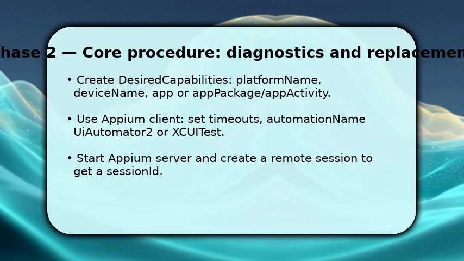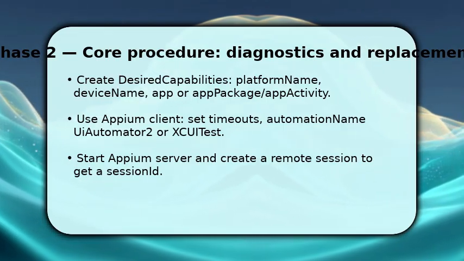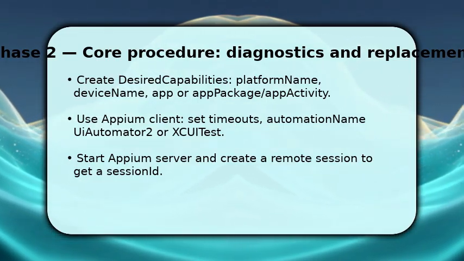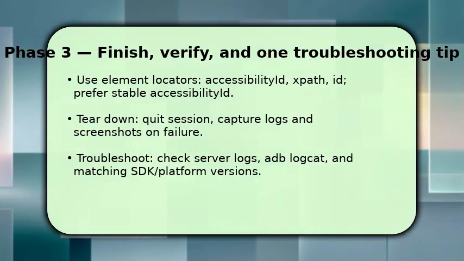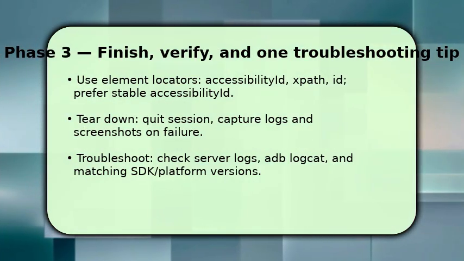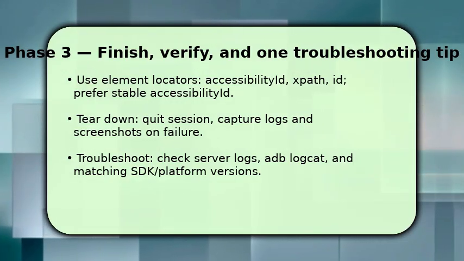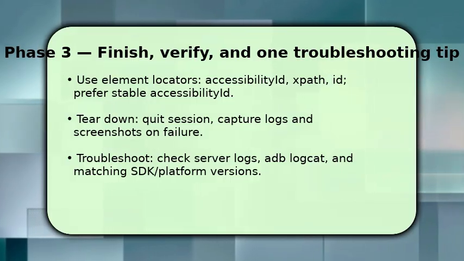The returned session ID confirms you can run test actions using reliable locators, accessibility ID when possible, versus XPath, which can be brittle, and sequence taps, swipes, and assertions. Once tests finish, always quit the session to free device resources and capture a screenshot plus Appium logs on failures